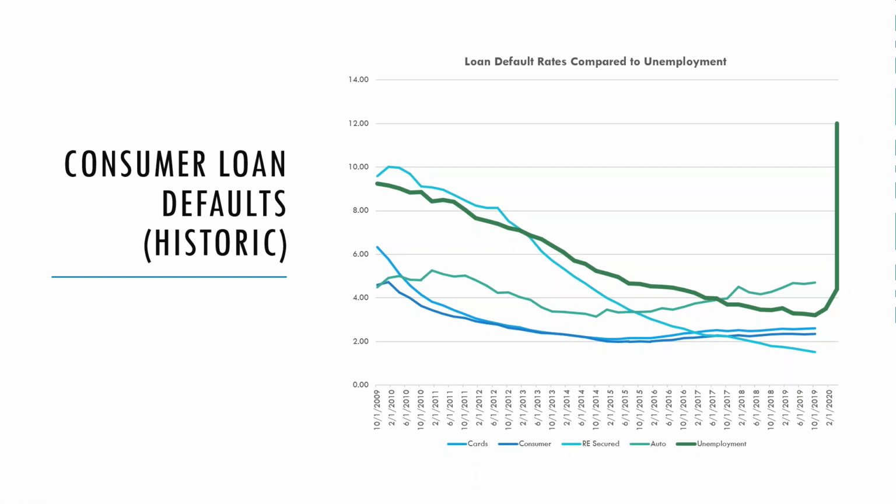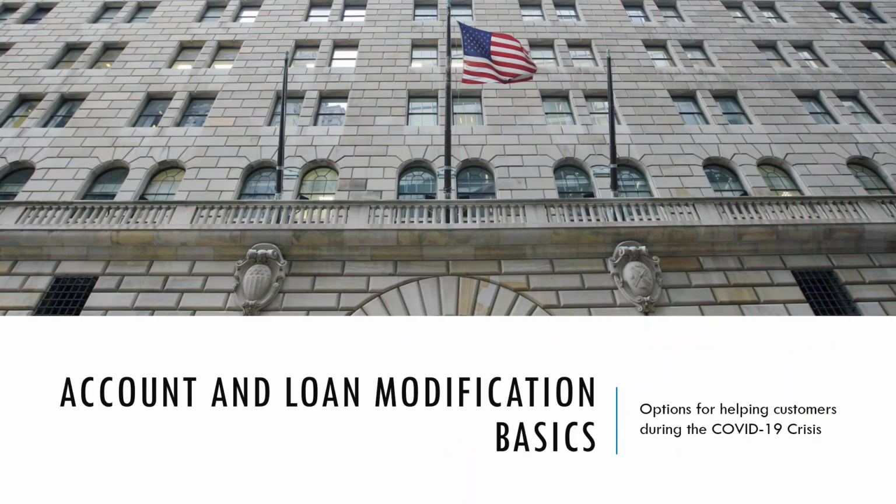Most folks predict that with the additional 6 million unemployed, unemployment is probably going to be somewhere in the 10 to 12% range as of today, and most economists are predicting about 15% by the time we work through the recession here. That said, if historical trends prove true, we could be looking at approximately 15% of our consumer loan products having some sort of impairment, whether that's cards, consumer installment, real estate secured, et cetera. All of those are going to be presumably tracking behind that.